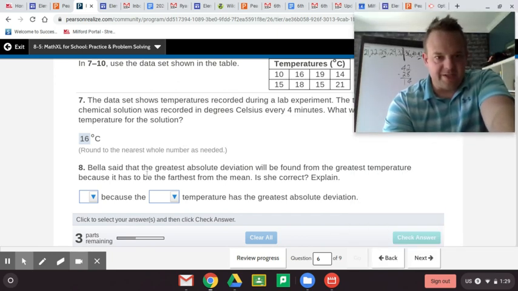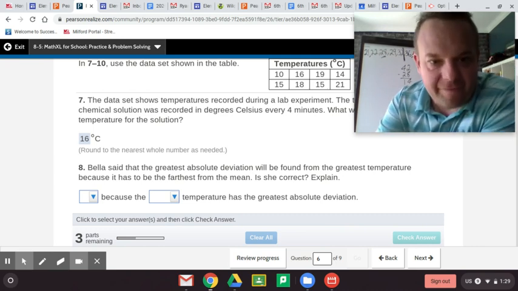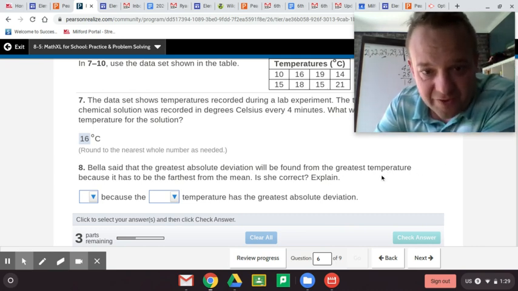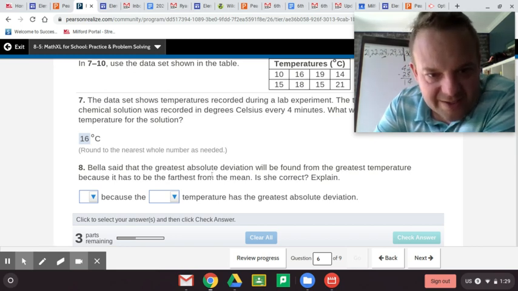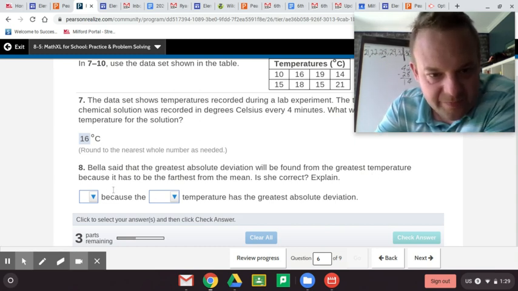Bella said that the greatest absolute deviation will be found from the greatest temperature because it has to be the farthest from the mean. Is she correct? Well, it's not from the greatest temperature, that's for sure. It's from the mean. Bella said the greatest absolute deviation will be found from the greatest temperature, or it could be away from the least temperature, because you don't know. So I'd say no, because